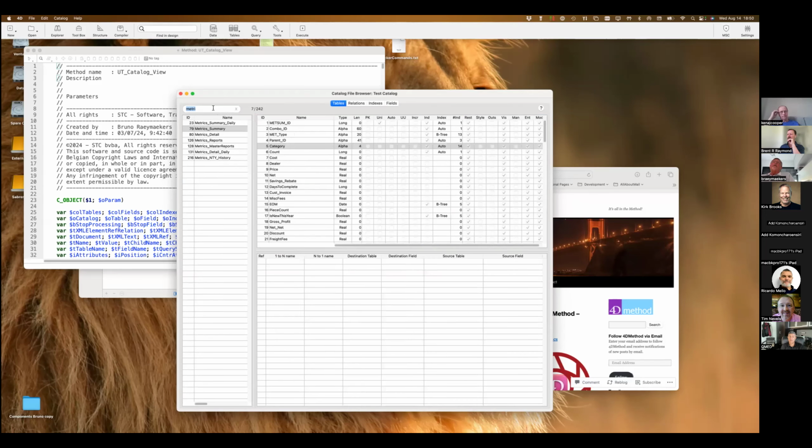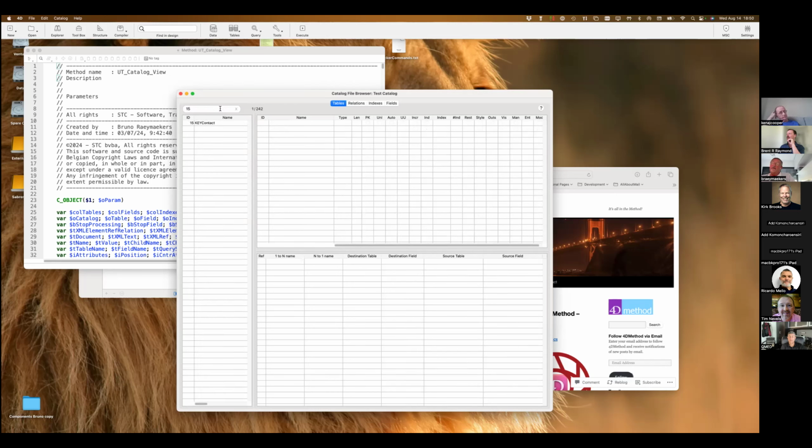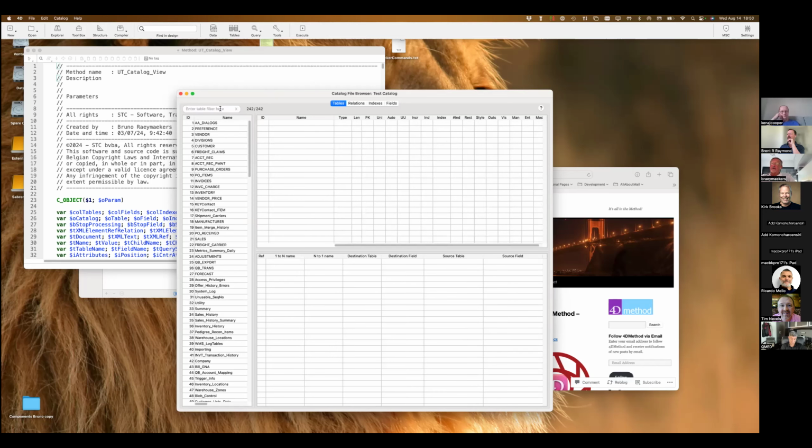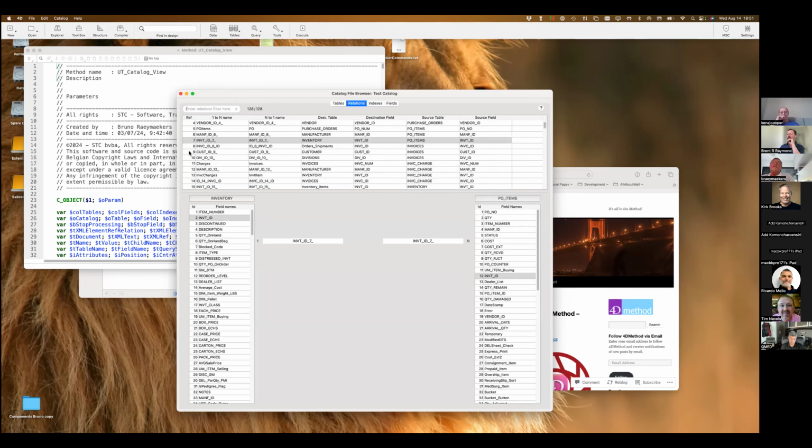Every tab has a way of basically filtering the data. In the case of the tables, it works on table number, if you know the table numbers, or just part of the table name. So this is not a start with, this is, you get all the table names that have PO in them. For the relations it is the same thing.